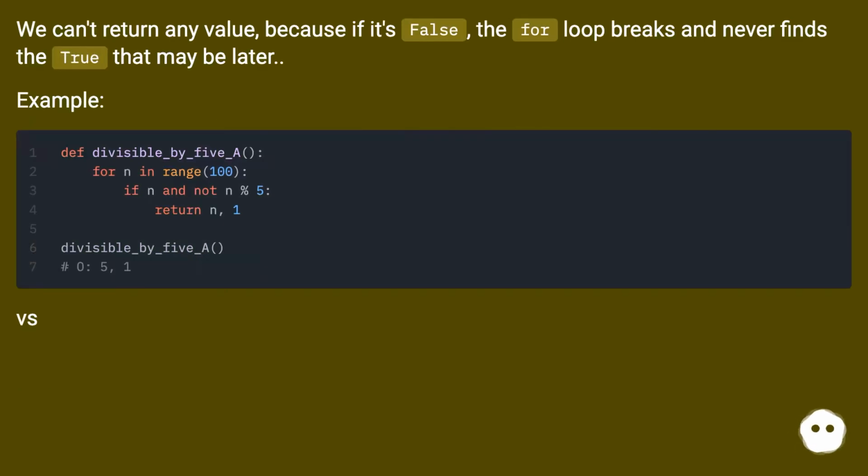We can't return any value because if it's false, the for loop breaks and never finds the true that may be later. Example